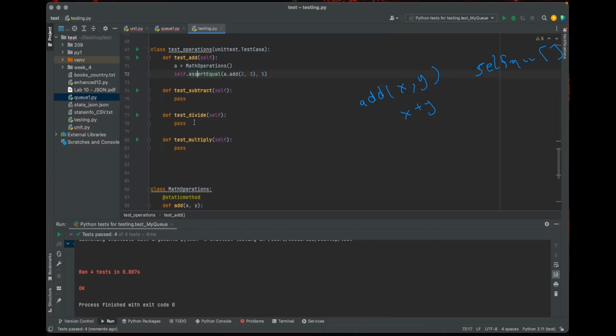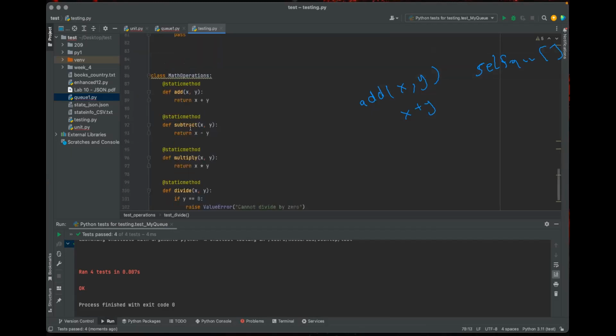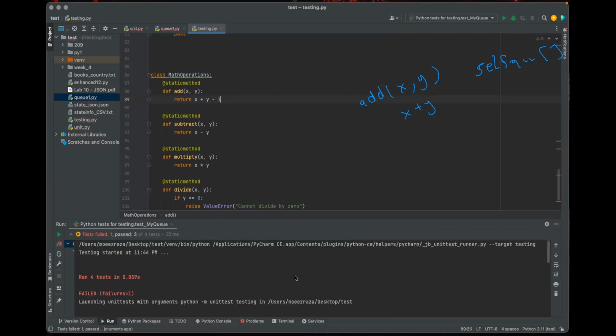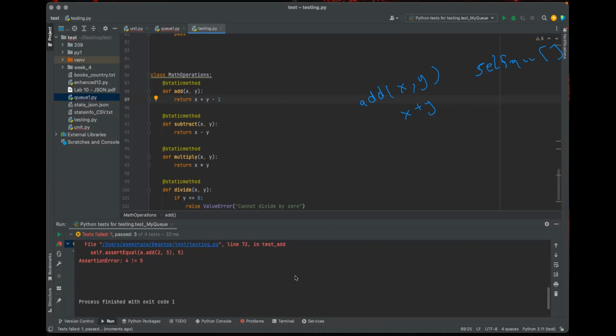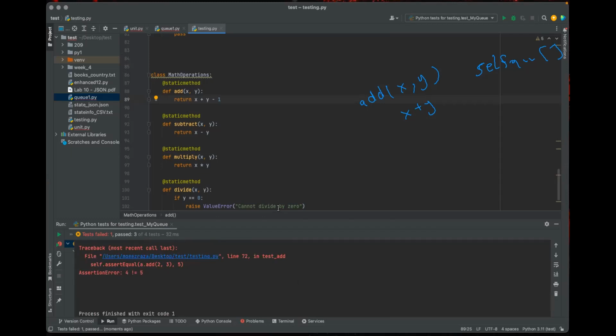But wait, please. Give me a second. Go down to line 88. I want you to add -1 here. Now run, please. Now it's going to show errors. So, do you understand now that when the addition is not done correctly, it will raise an error for us, right? Yeah. Okay, good.